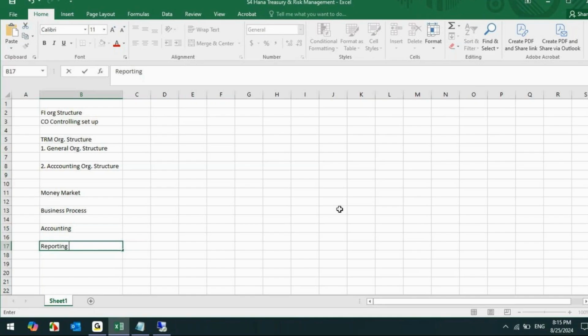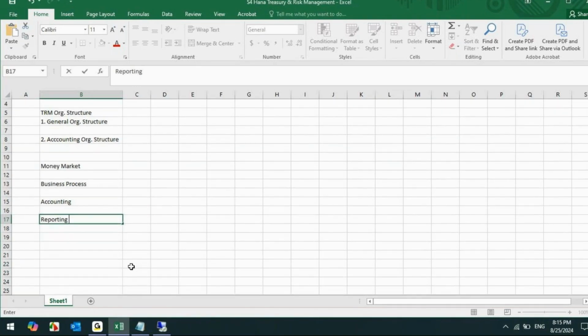We're not just going to start doing the configuration. No, we understand how the product works in business, how the accounting part of it, how the reporting part of it. So after doing these things, we'll start the end-to-end configurations, and after the end-to-end configuration, we'll understand the end-to-end